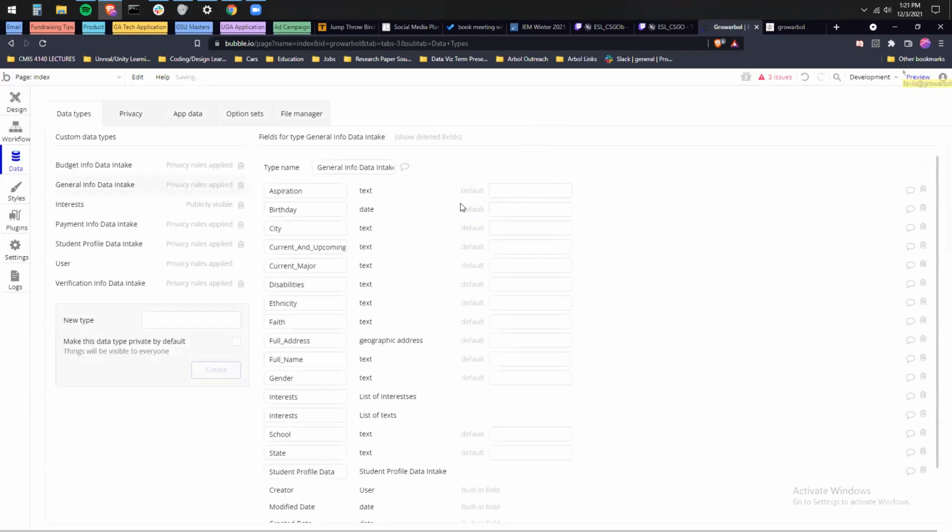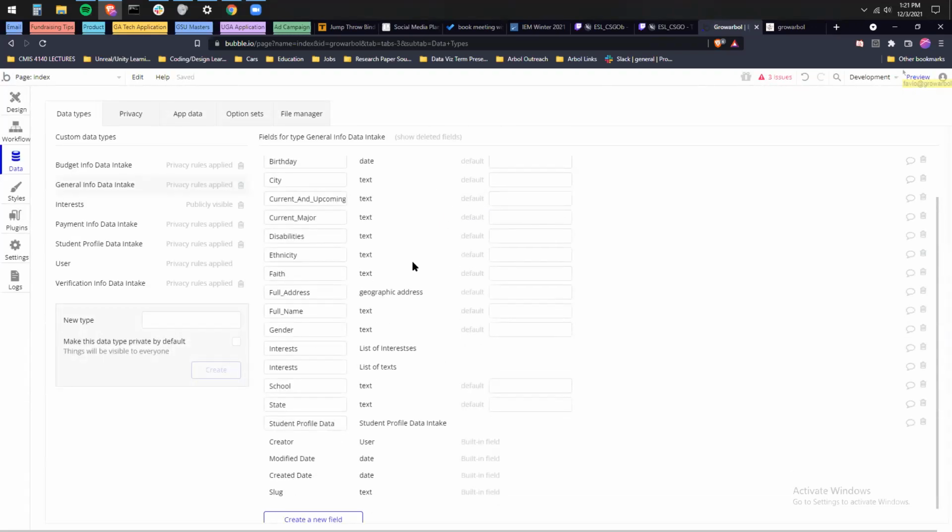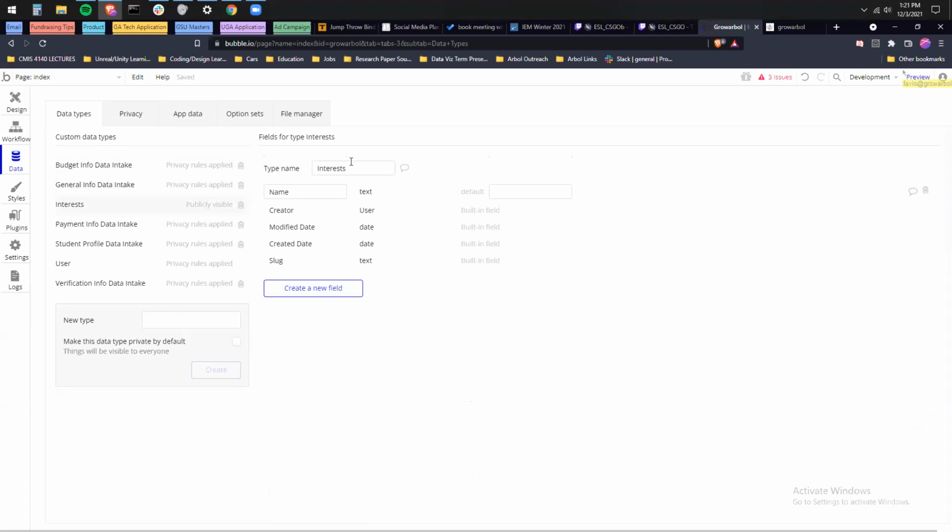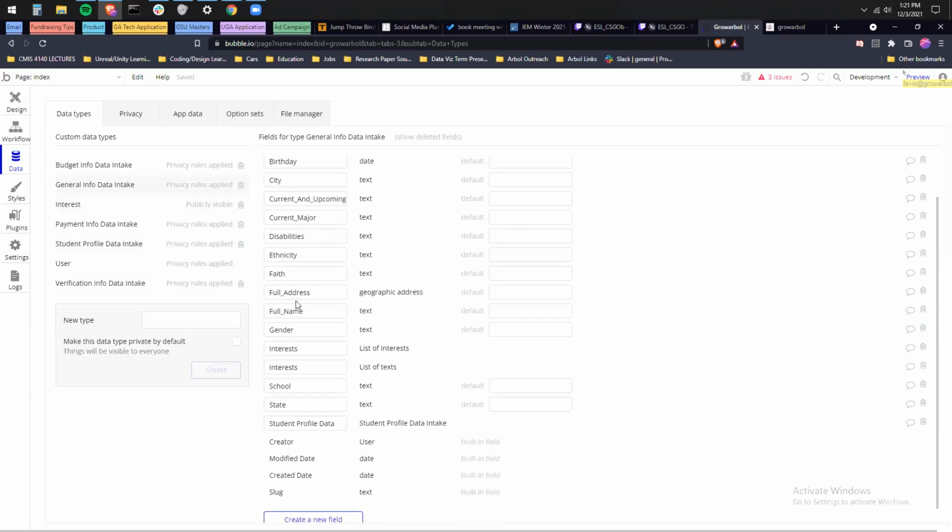Yep. Create. And I would change the name of the interest thing in your database. Instead of having it plural, I would just have it singular. So go up to the top left, yeah, there, and change it to just singular. That way it's easier to find. Okay, and then go back to where you were, and you would remove the list of texts interests there.